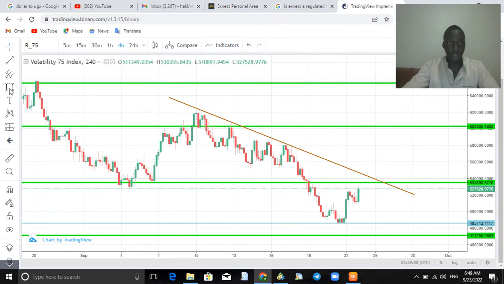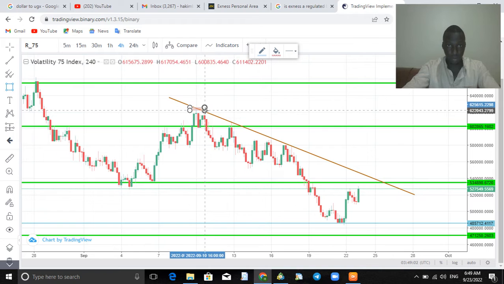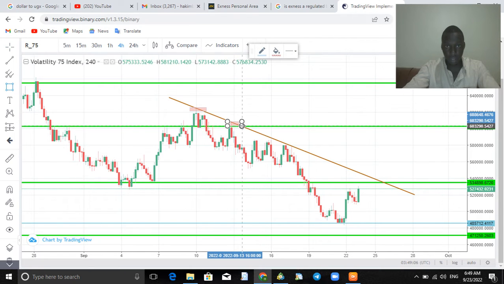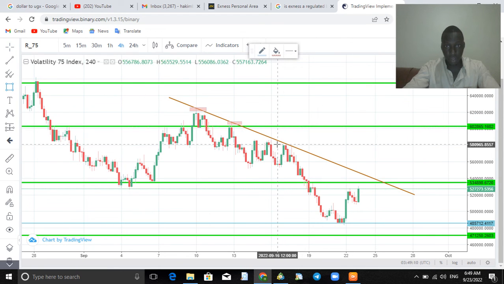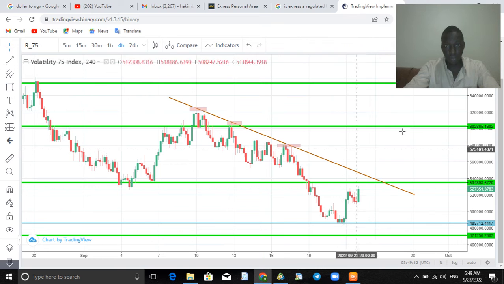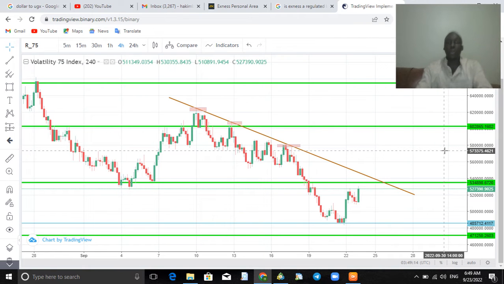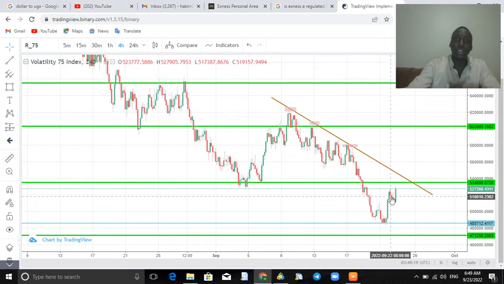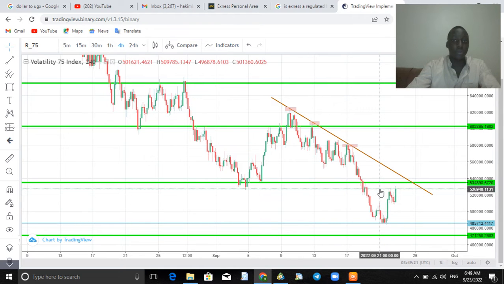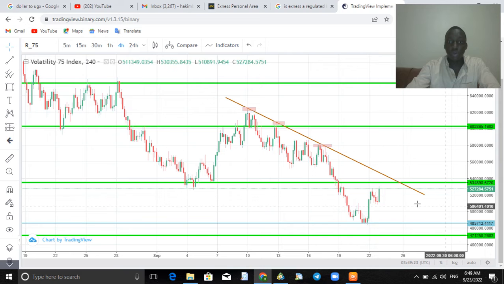Okay, so this was our first touch, this was our second touch, this was our third touch. So now you can clearly see that this level has been acting as a strong resistance level for a long time. Now we are going to